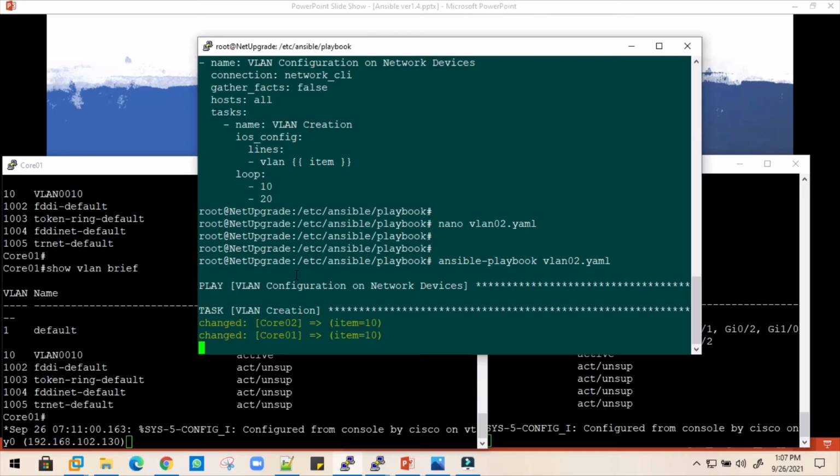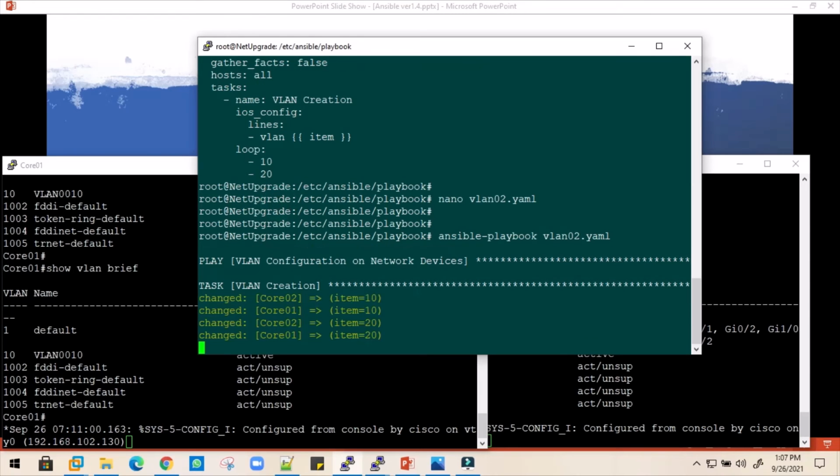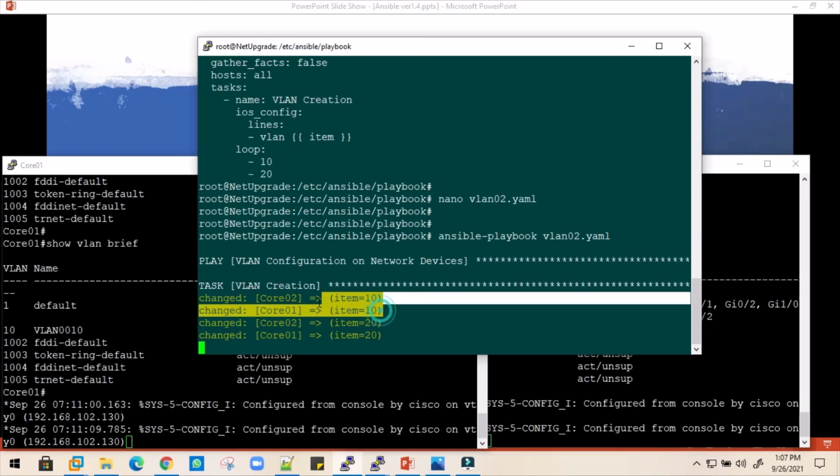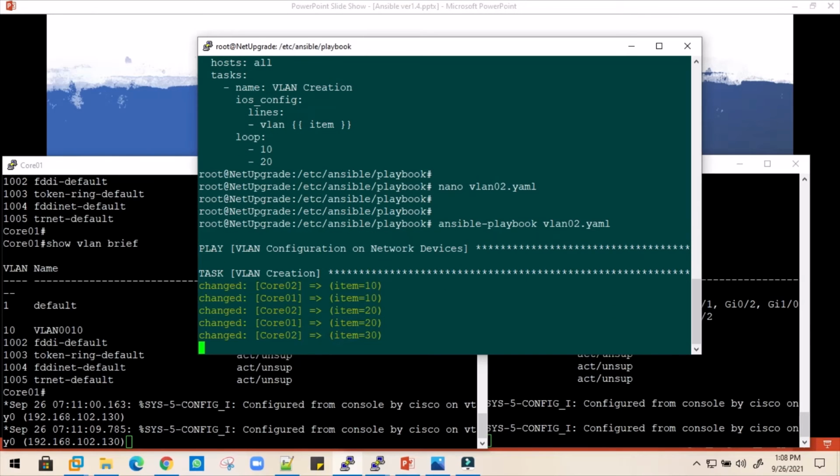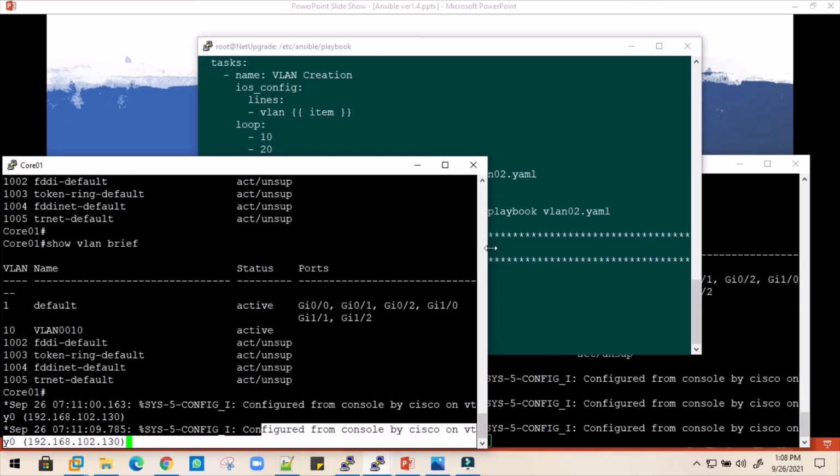So we modified our VLAN 2.yaml script and added VLAN IDs up to 70. If you can see here, item 10 is configured on both devices. Item 20 and item 20 means VLAN 20 is configured on both the switches, which you can also verify from these logs.